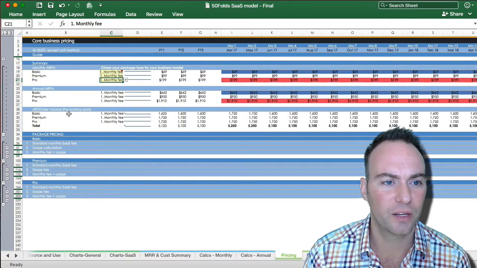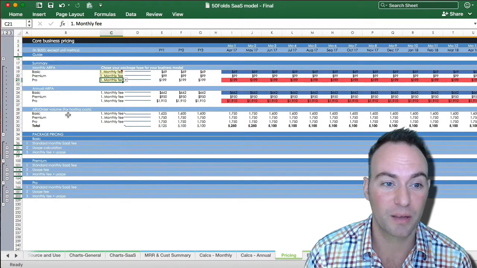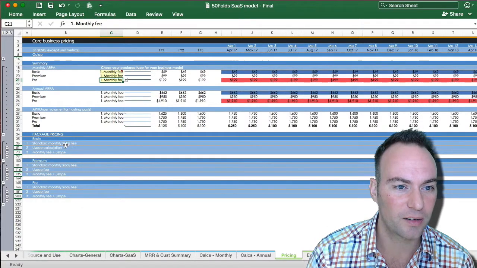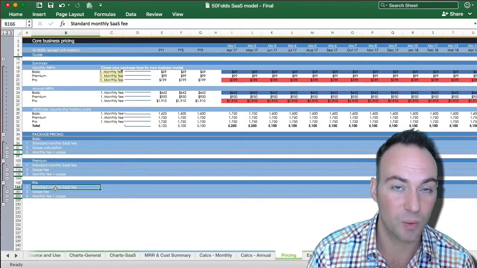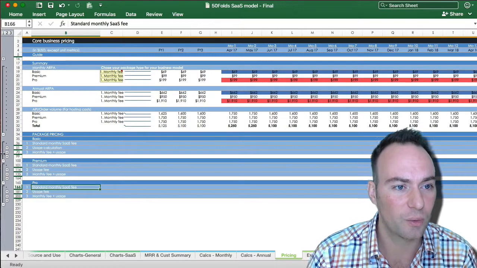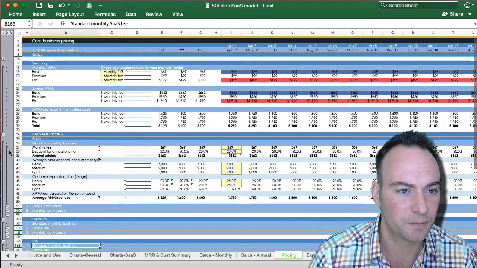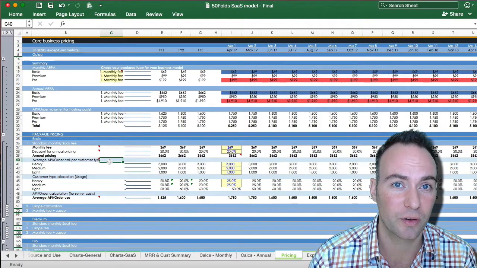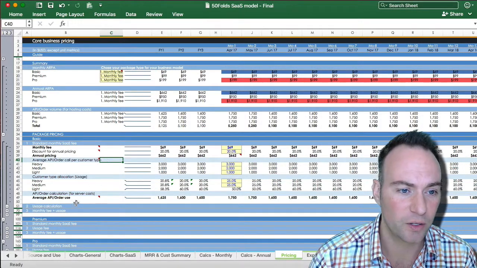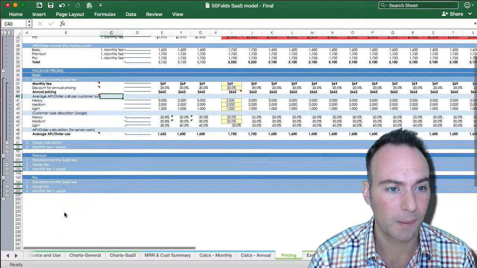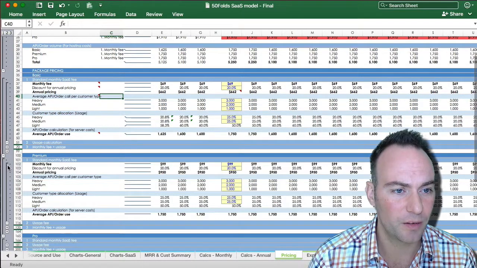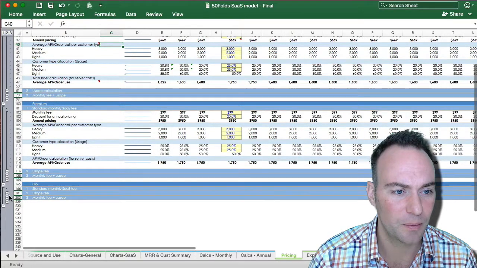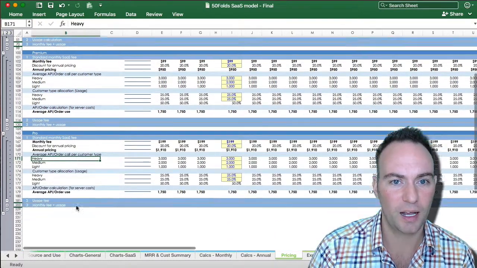So let's say you're using the standard monthly fee. You can see here that's number 1 here for the basic, number 1 for the premium, and number 1 for your pro. So we would just pop this one open. And here are all the calculations you need for your standard monthly fee. And you can totally ignore package 2 and package 3. You don't need to touch them. So we would just pop these open for the premium, pop that open for the pro,